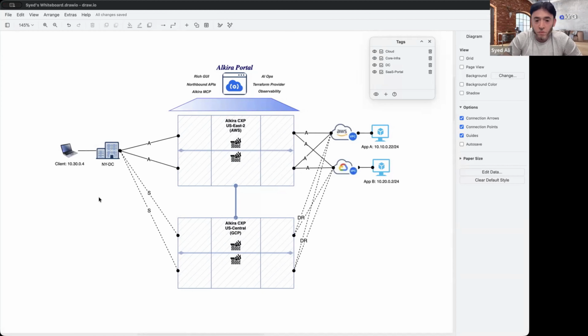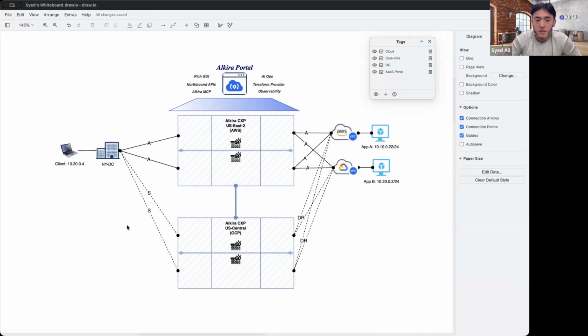So customers can build a global network from a centralized SaaS portal without having to deploy any hardware or any software. One of the first things that a customer does with this centralized portal is deploy these exchange points. These cloud exchange points are deployed globally around the world, and they can be deployed on top of hyperscaler cloud providers. And it doesn't have to be a single hyperscaler cloud provider.